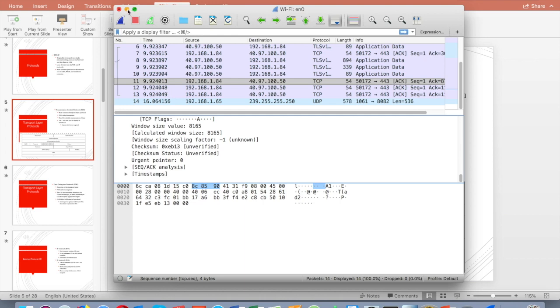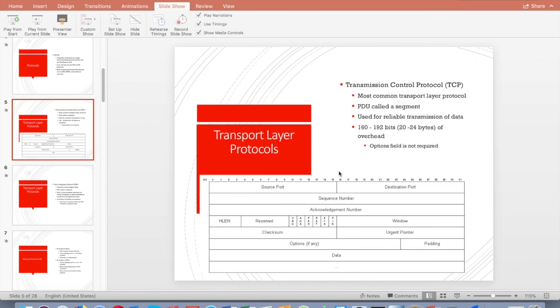But I wanted to point that out right now because that should tie a lot of this together that we're seeing, and now you should be able to actually see a PDU get transferred, and it should make a lot more sense. And if you'd like, you can even stage up some of your own transports and stuff. If you have a web page that you want to go to, you can trace that web page. So I'm going to get back to this trace in a minute, but right now we need to continue our slides.